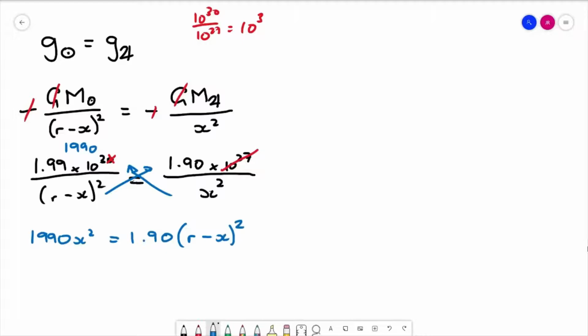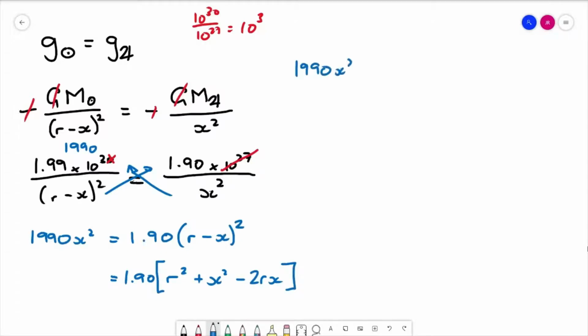From here, the rest is just algebra, so we can crack on and multiply those brackets out. Obviously r minus x all squared gives us r squared plus x squared minus 2rx, and that therefore gives us